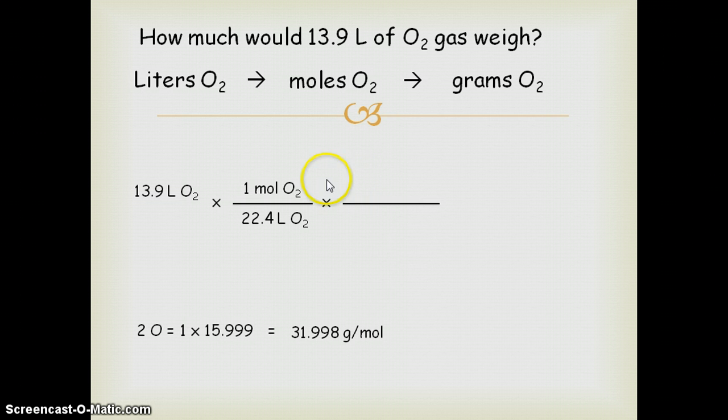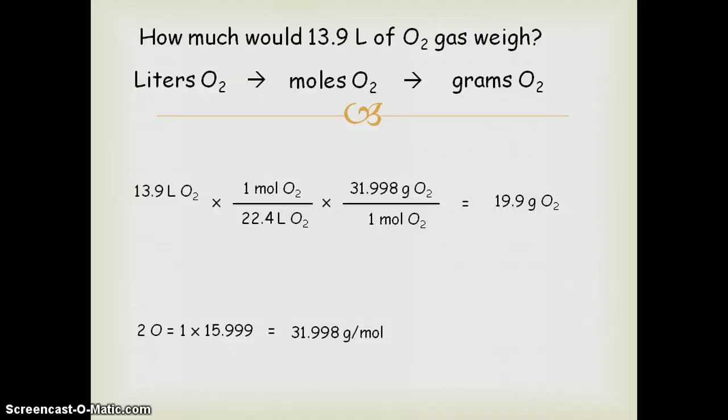So if we put that in our dimensional analysis as an equality, we have 1 mole of O2. We put that on the bottom because we want to cancel our moles out. So we have a mole up here, we have a mole down here, and that's going to cancel. So what we want to put up here is the last thing that we're looking for in our problem, and that's our grams. So if we put in our molar mass, and we multiply across the top and divide across the bottom, we will find that our number of grams of oxygen in 13.9 liters is going to be